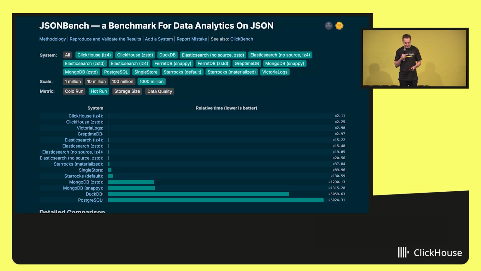So the first one is about the new data type in ClickHouse, the JSON data type. It implements support for semi-structured data, and it makes it as efficient as if you analyzed the structure and specified all the columns and all the types in advance. But now you don't have to do it. You just write your table with a JSON column, and it does everything automatically.